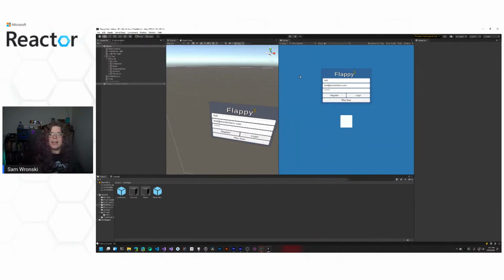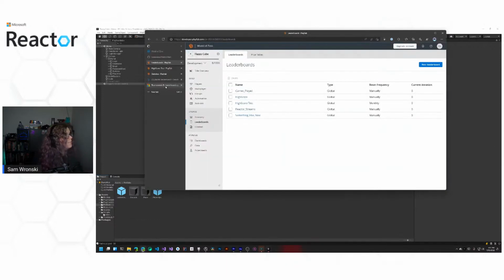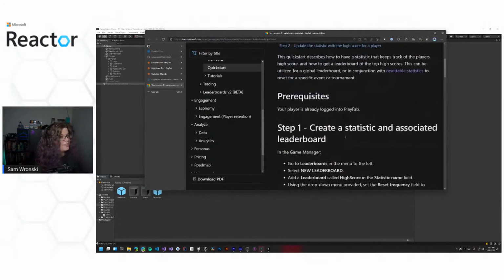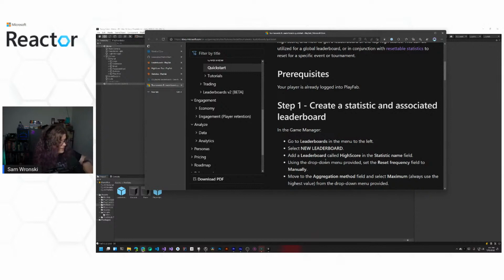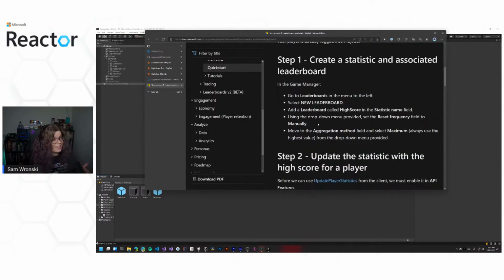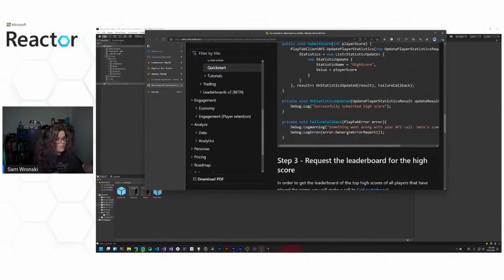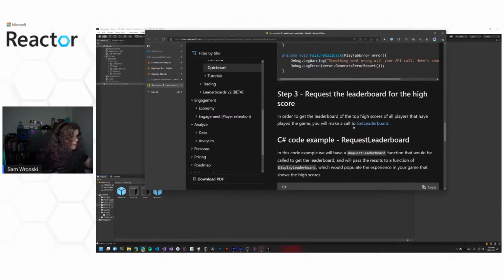What we're going to do is actually implement this, because that was sort of the overview. Let's actually do the thing. Most of this is actually coming from the PlayFab Quick Start, which I think I have pulled up. Tournaments and leaderboards. Here we go. So most of that is coming from here. And so what ends up happening is you create a statistic, assign or associate a leaderboard with that statistic, and then start assigning and updating the high score or statistic for that leaderboard. And so there's code samples here to do all this. If you don't have them and you don't copy them from my screen,